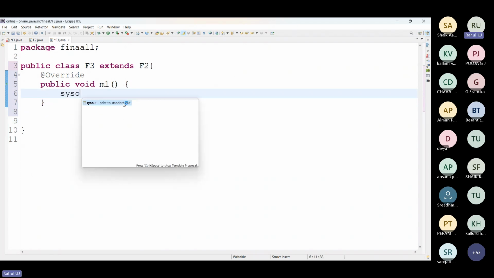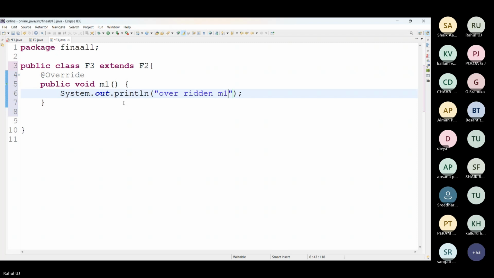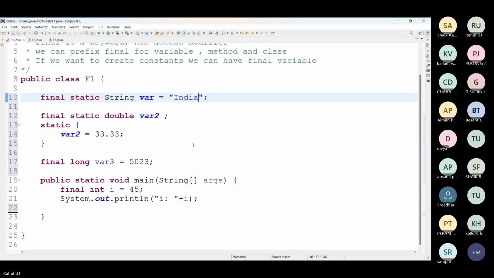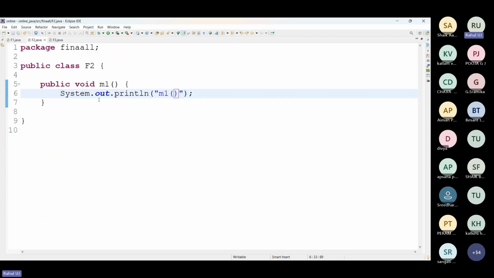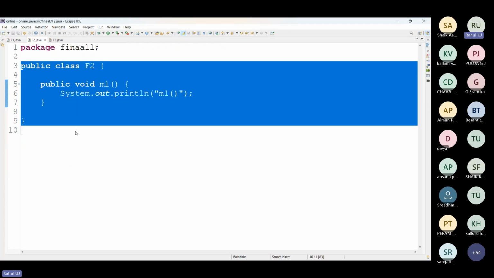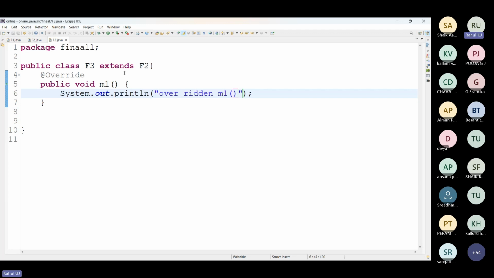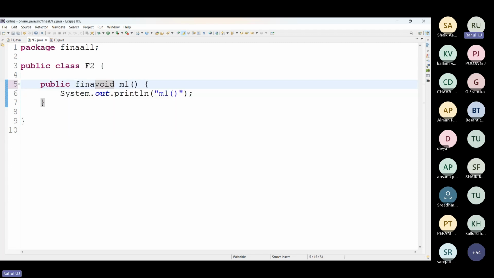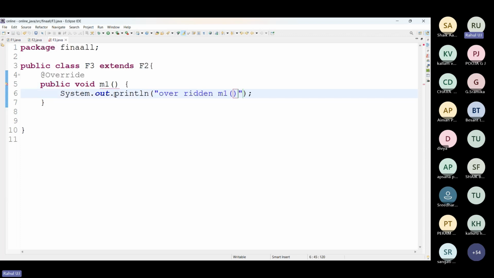Is it allowing me to override the method? Wait, see here. F2 is a class. In this class, I have an M1 method, and I have an F3 class which is a subclass of F2, and I'm overriding the method. But in case, I will make this a final method. Whenever you make a method a final method,